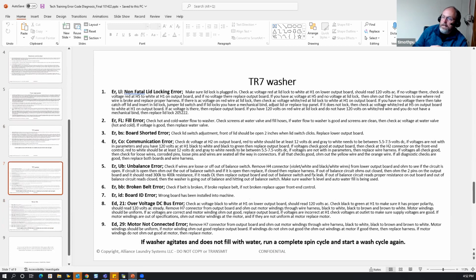Okay, yeah, and a lot of these, because we're going to do the TR washers now, are going to be very similar. Again, you're going to have your fill error, you're going to have your board shorted error, but I'll quickly run through them here. Here on this, ERLL, uppercase L, lowercase L, it's a